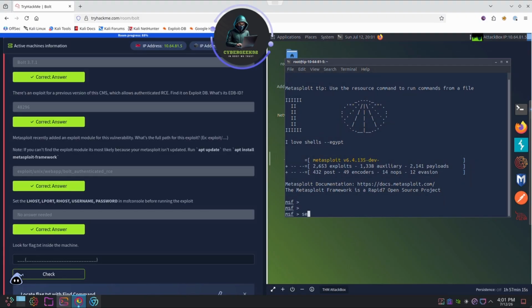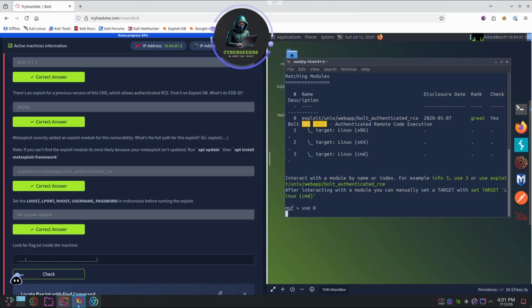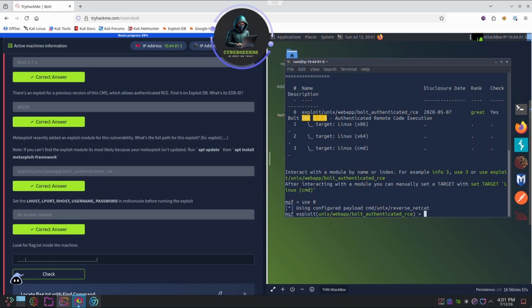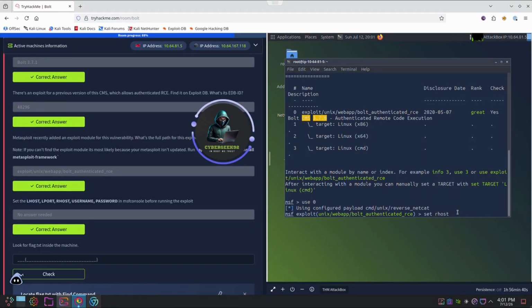Alright, so we can go straight to business. We can do search CMS 3.70. We can just use option 0. We don't even need to look at the options since we know what they are. I'm just going to hit the IP address for this box. Let's see. Okay, so let's do our host, which is 10. Okay, I need to fix this thing, to be honest, it's annoying. 10.64